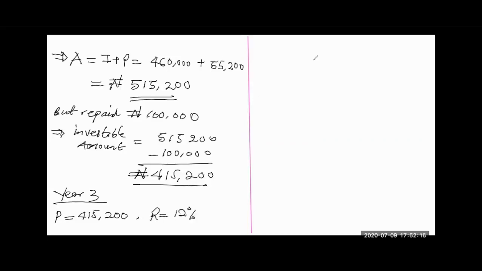All right, so from our principal, our simple interest is equal to PTR over 100, and that will give us 415,200 multiplied by 1, the time is 1, multiplied by the rate, 12, over 100. And of course, if we simplify this now, we get 49,